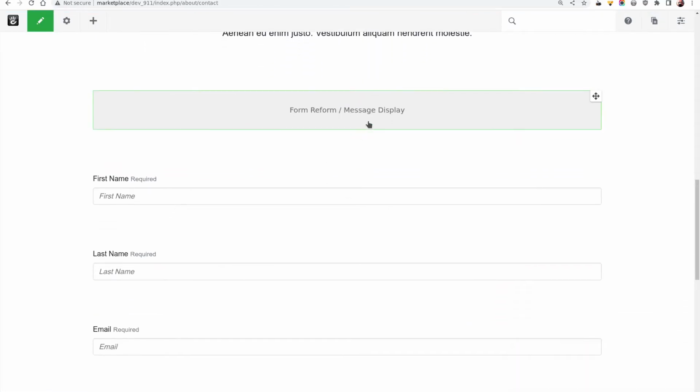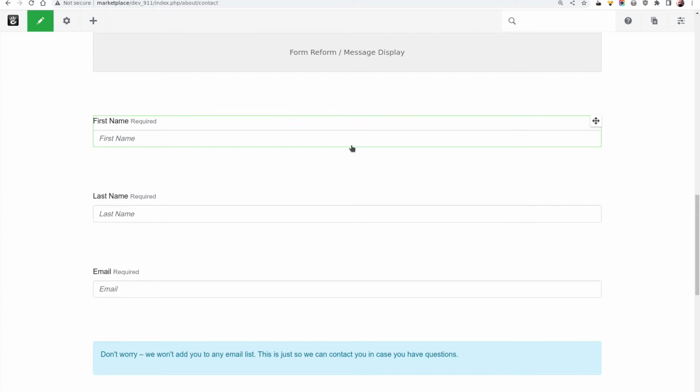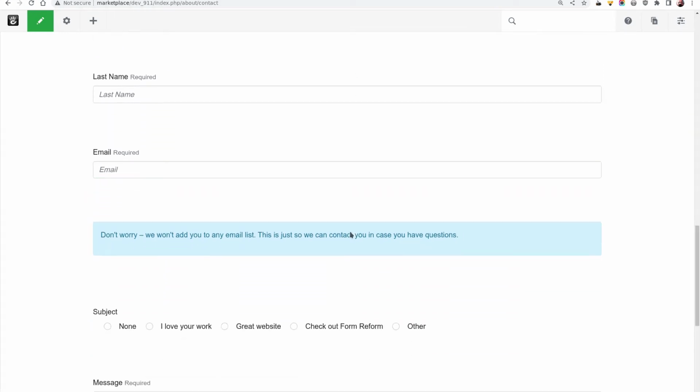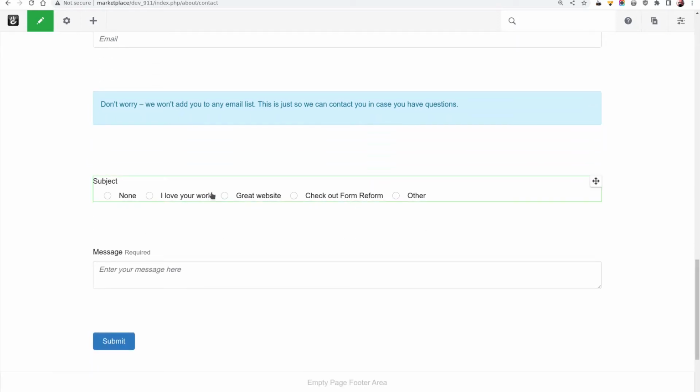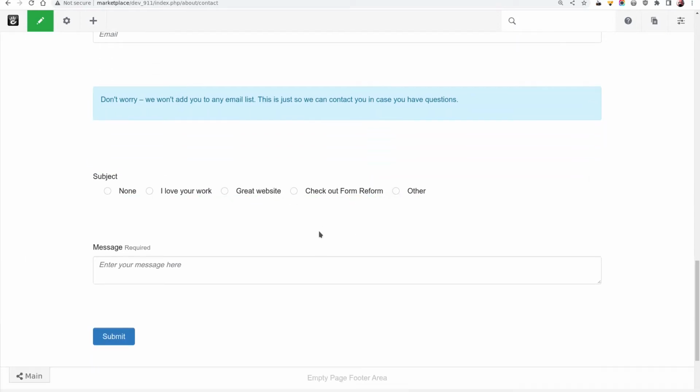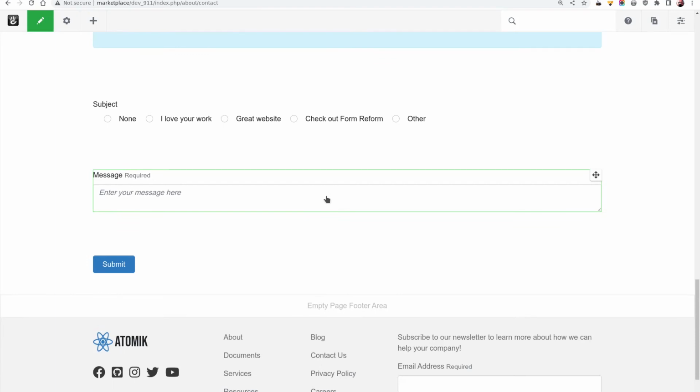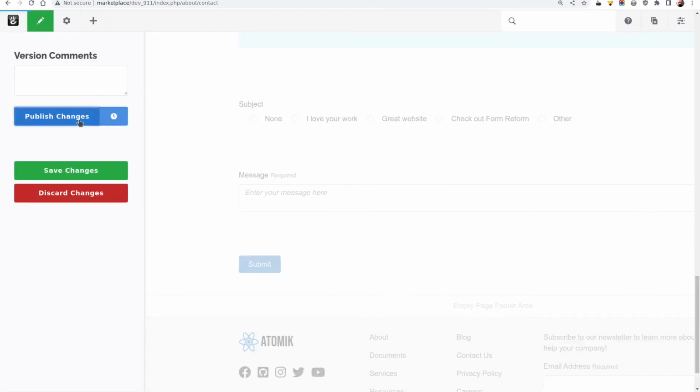So we've got a message block for our response, we've got first name, last name, email, a bit of blurb in a content block, a radio set to tell them what the subject is, and the actual content of the message in our contact form. Let's save that and publish,